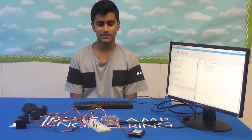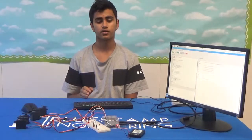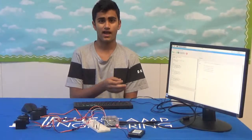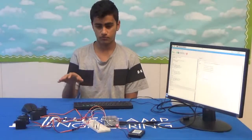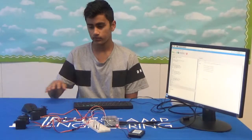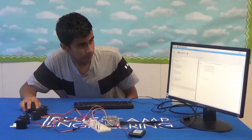For my main project, I decided to build a 3-joint robotic arm that uses object detection to pick up food on a plate and then move it to your mouth. My first milestone was to get 4 servos to work with the Raspberry Pi. And just for a quick demo,